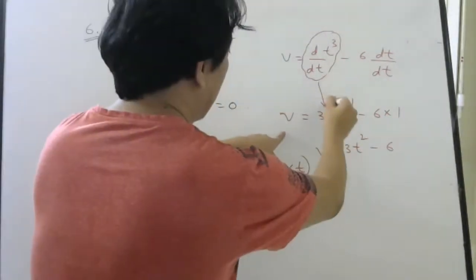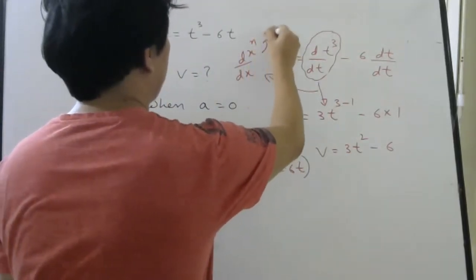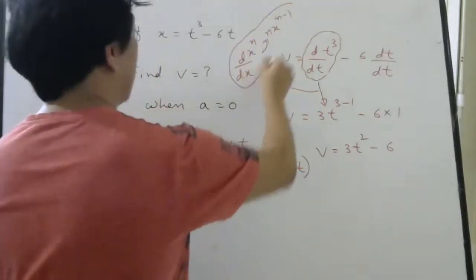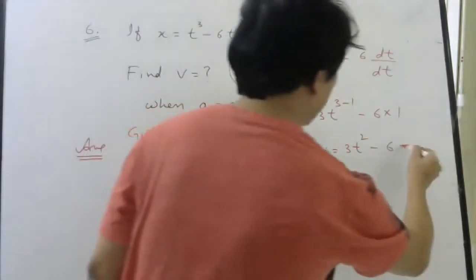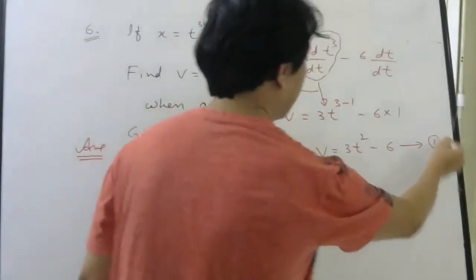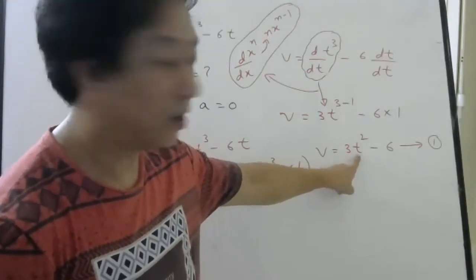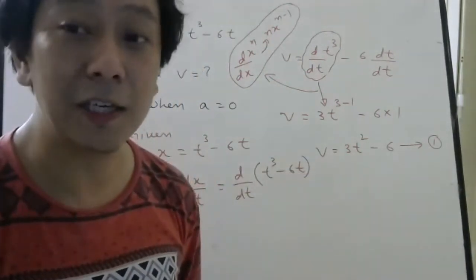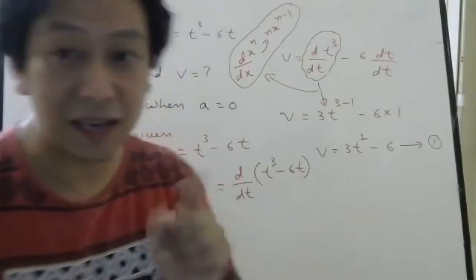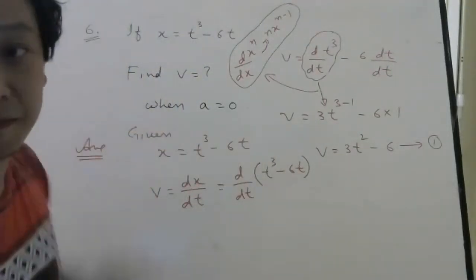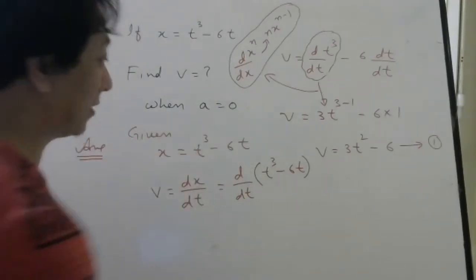From here to here, again and again I am telling, we have to use the formula. This formula should be used, otherwise you will not understand how it is coming. So this is your velocity, equation 1. So you can see velocity also depends on time. T is there, no? So if I say find velocity at t equal to 1 second, put 1 here. T equal to 6 second, put 6 here. But like that, they have not asked. They have not mentioned the time. They are asking when acceleration is 0. So let us now calculate acceleration.